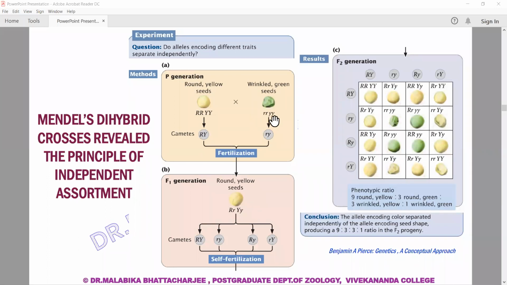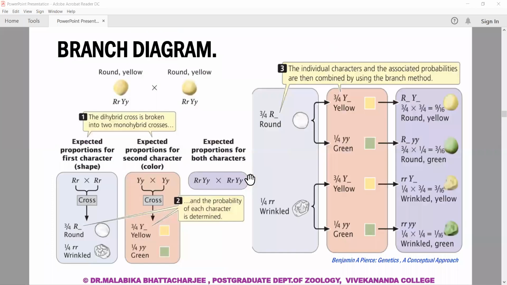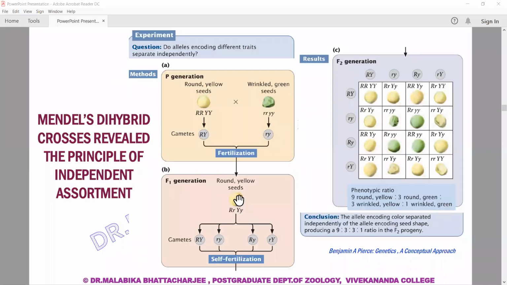And it is very evident this is a dominant form. As you can see, small y symbolizes that it is recessive. It is recessive to capital Y. Similarly, small r is recessive to capital R. So this is known. Now this is the parental generation. So what he did, he took a pure breeding round yellow seed and a pure breeding wrinkled green seed. So these are two characters. And then he fertilized them. So when he fertilized them, what he got